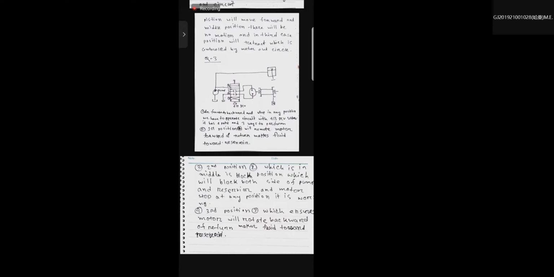It has 4 ports and 3 ways to perform. The first position moves the motor forward or returns fluid toward the reservoir, and the second position blocks both sides of the pump and reservoir, and the motor stops at any position. It is working. And the next one ensures the motor